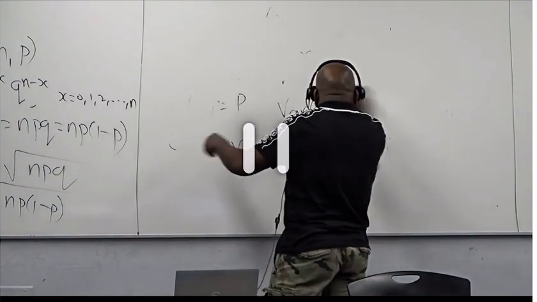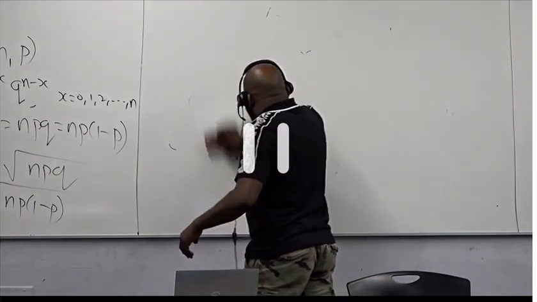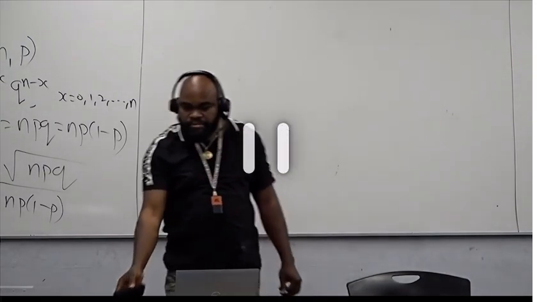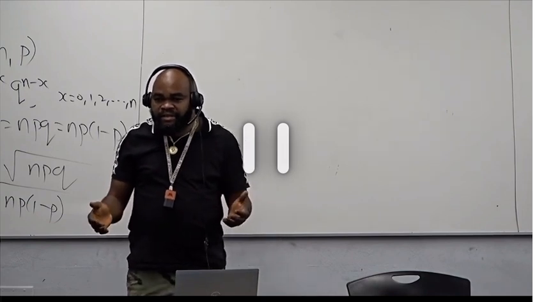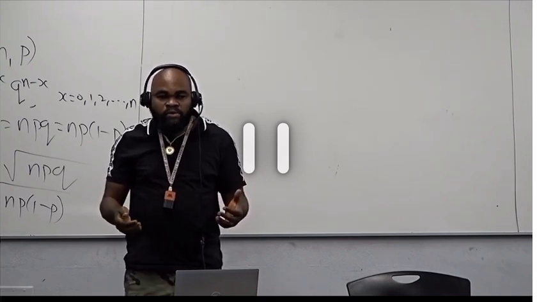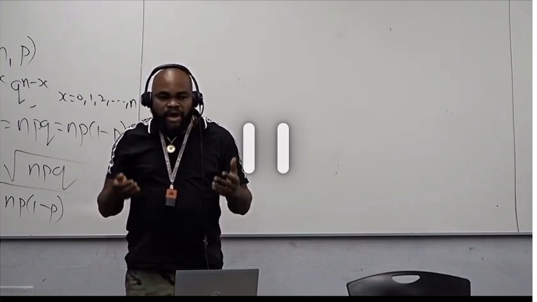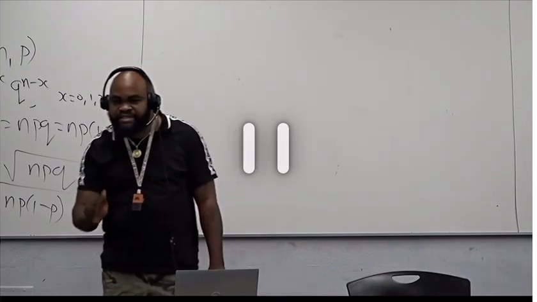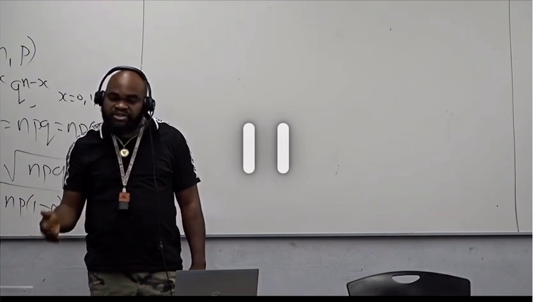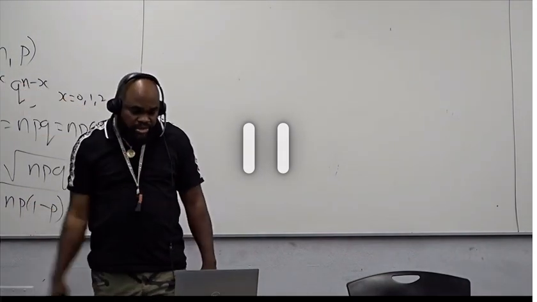Or let's say a doctor gets some patients tested. To apply the geometric distribution, the question is, how many patients am I going to test before recording the first one that has the disease? Does that make sense? How many Bernoulli trials am I going to have before recording the first success? That is what geometric distribution talks about.